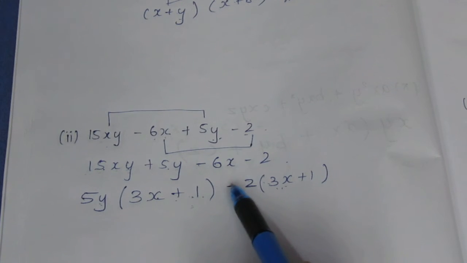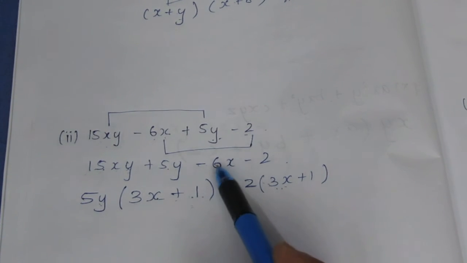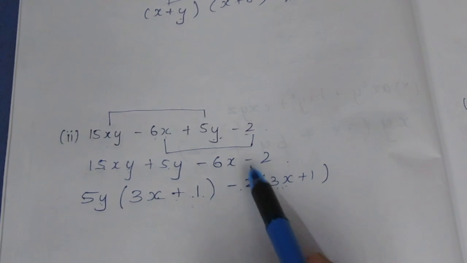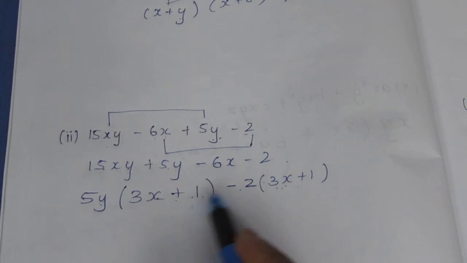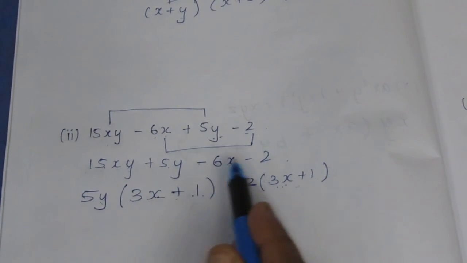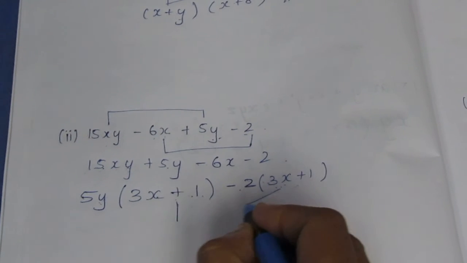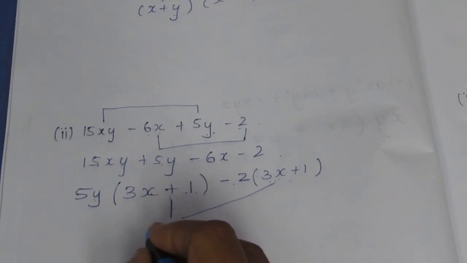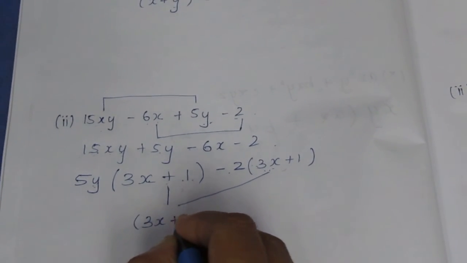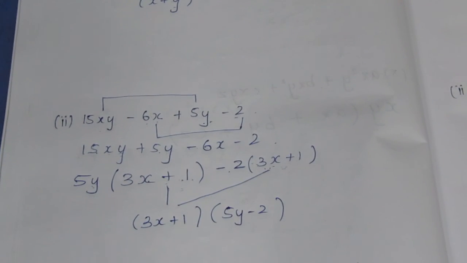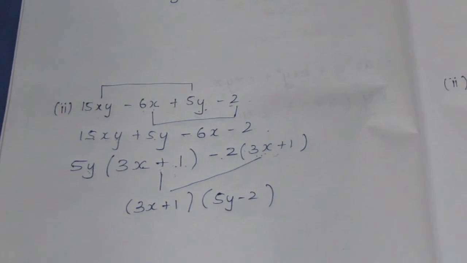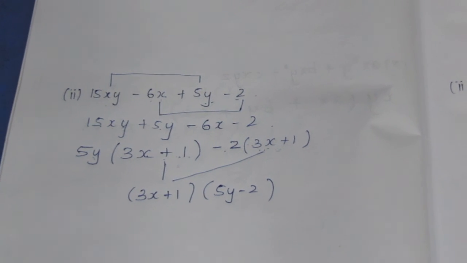Now you multiply and check. Minus into plus, minus, 3 2s are 6. Here plus into minus, minus, 2 1s are 2. Now, as I told before, the bracket is the same and even if I multiply, it's correct. So write the bracket once. Here it becomes 3x plus 1, and the rest in another bracket. So 5y minus 2 will be in another bracket. So this is your final answer for the sum. That's all with the sum. Thank you.